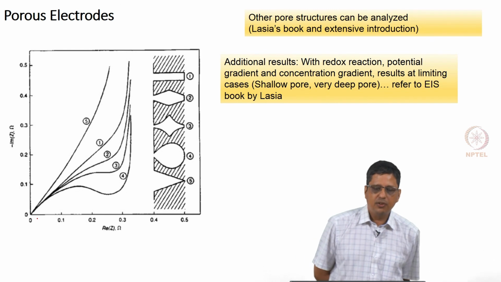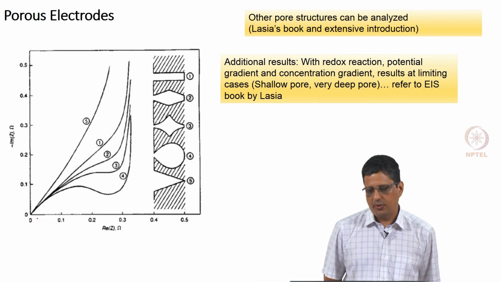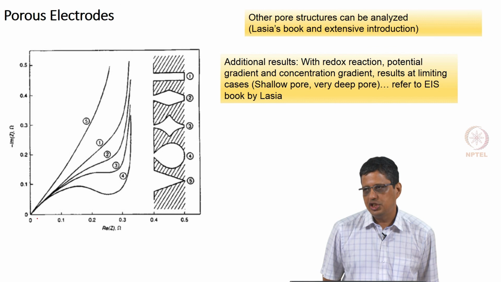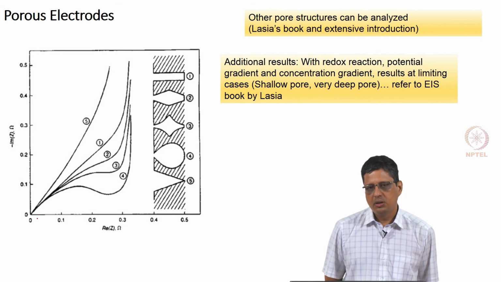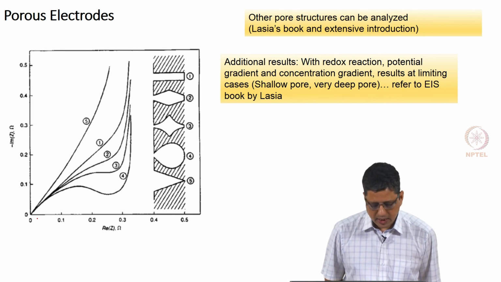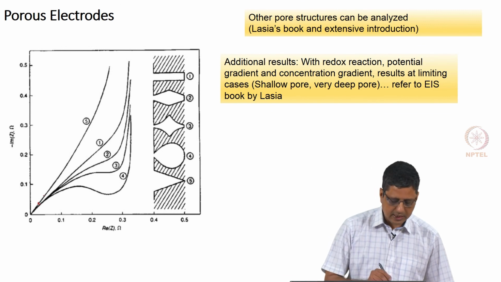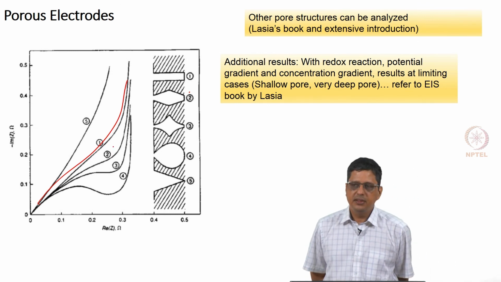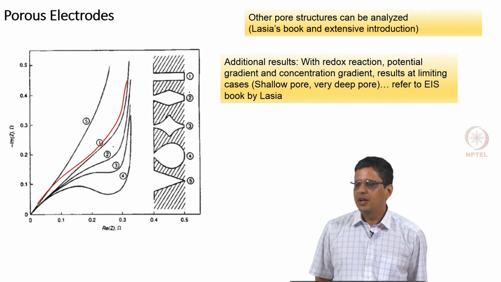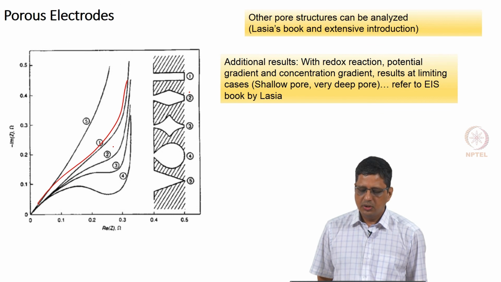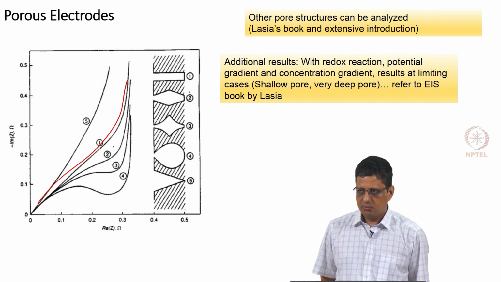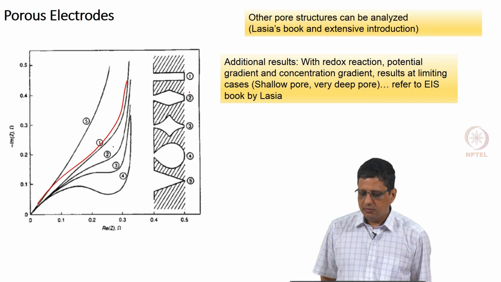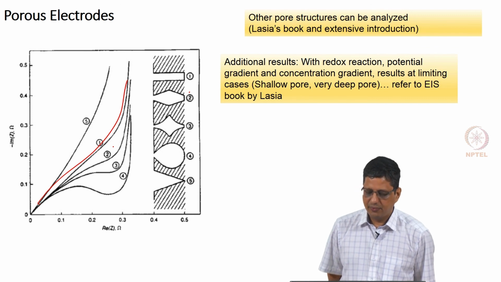All that we had done is for a cylindrical pore, right. You can have pores of different geometries. So, there are equations, a cylindrical pore gives this, different geometries, different grooves will give you different shapes here. You can also have a distribution of cylindrical pores of different diameter, different radii. You can derive for those. Okay. You can have a variety of cases with reaction, okay.